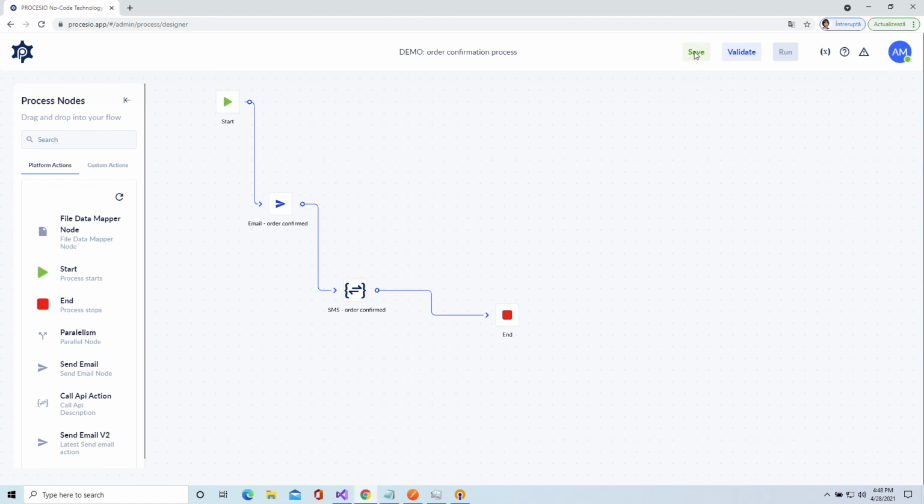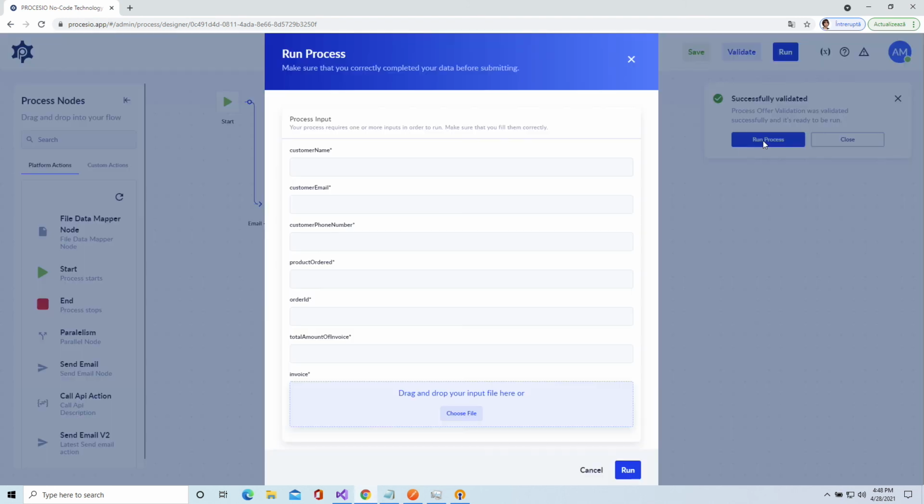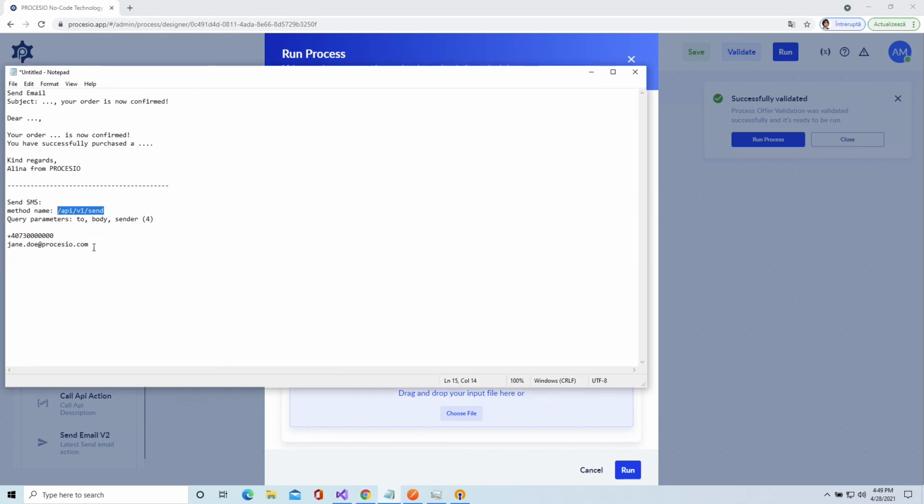I'll save the entire process and I'll validate it. I have no validation errors, so I can directly run it to see if it's working. And as you can see here, you have all the variable input that you have declared on the process level. I'll need to fill it in so that the process can run successfully. Customer name Jane Doe, customer email jane.doe@procesio.com, customer phone number, I have a phone number here,